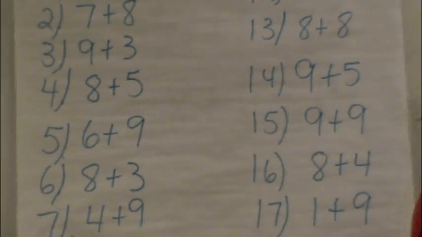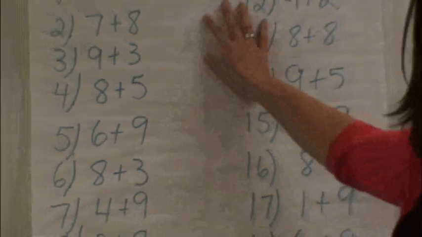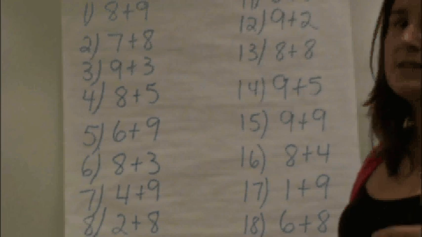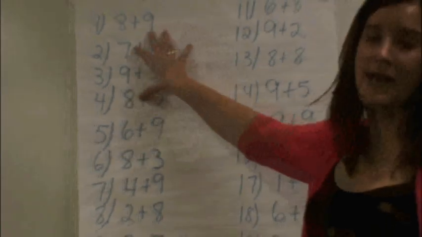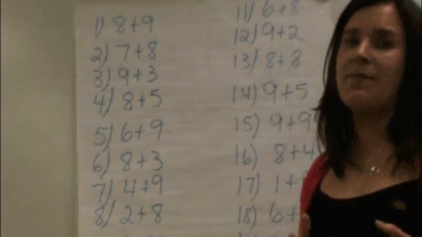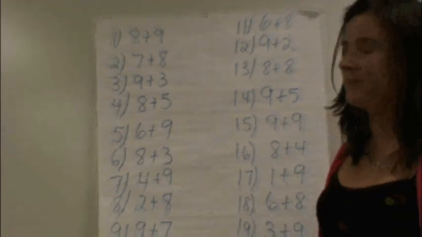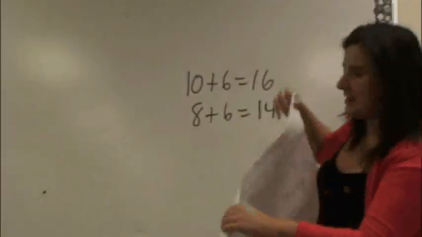So it's not a huge expectation for students to be able to do this in 1 minute. Students that can't do this in 1 minute means that they haven't really mastered the strategies and need more time practicing the strategy in isolation. Okay? So once you're done with the 8 and the 9 strategy,